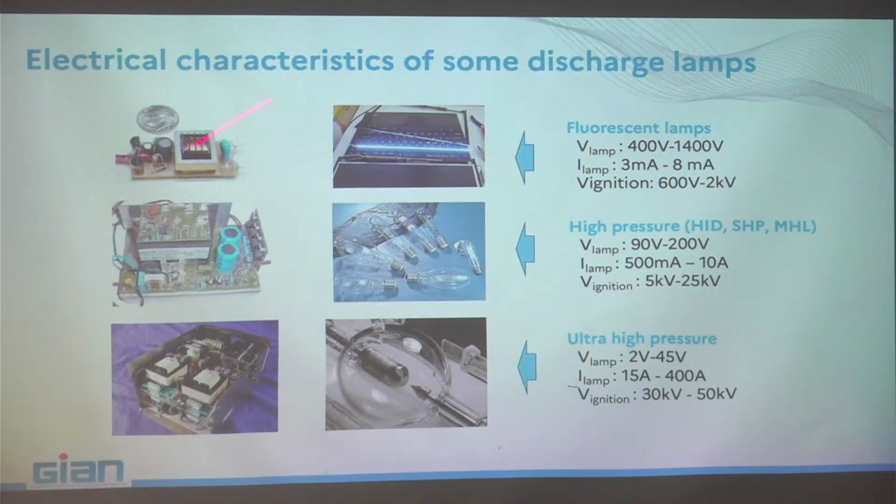And the ultra high pressure lamps that we use in such kind of projectors are very small. You see that they operate at low voltage but high amps, and the ignition is even higher. You understand that? I will correct that one. I will do it immediately, so I will not forget it, sorry.